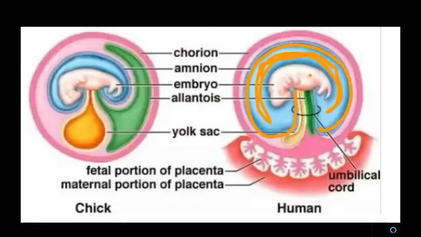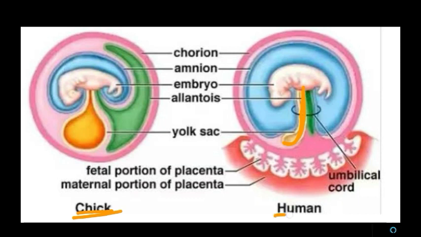See this picture. This is the yolk sac. This is an embryo of chick. This is the chick embryo and this is the human embryo. In the chick embryo, as the development is outside the body of the mother, it possesses the yolk. But in the case of the human being, the human embryo possesses a yolk sac, but there is no yolk. So this is the yolk sac. From the yolk sac only, the earliest blood cells and blood vessels arise.